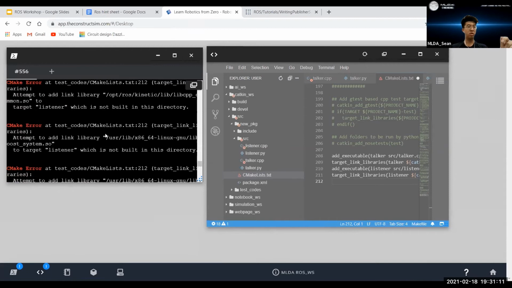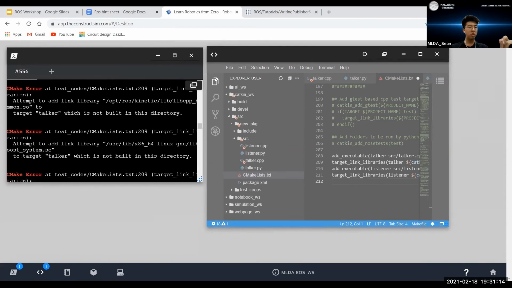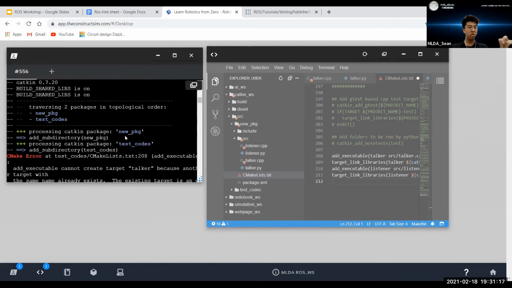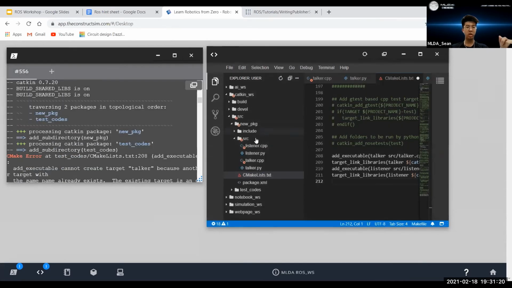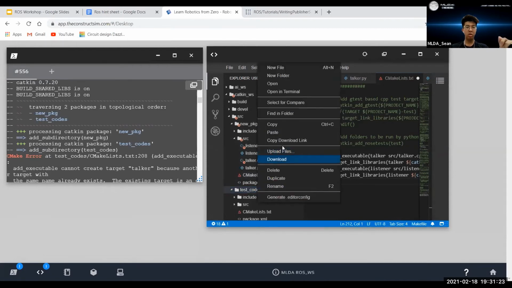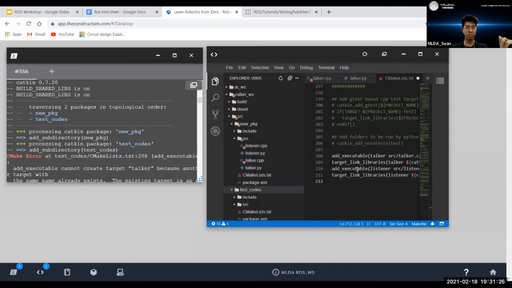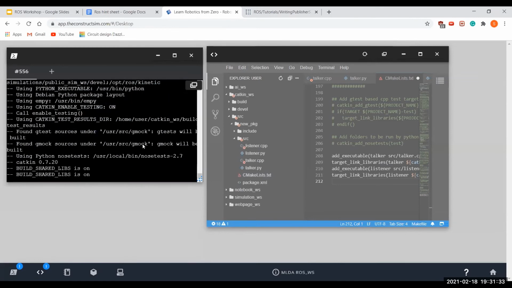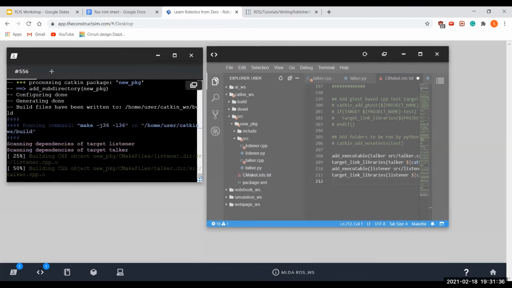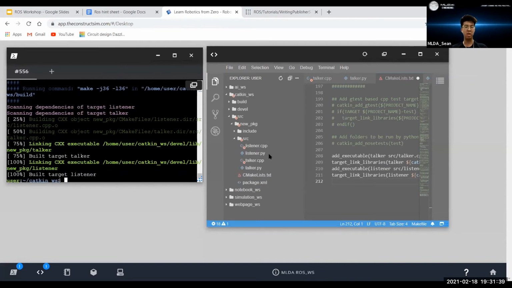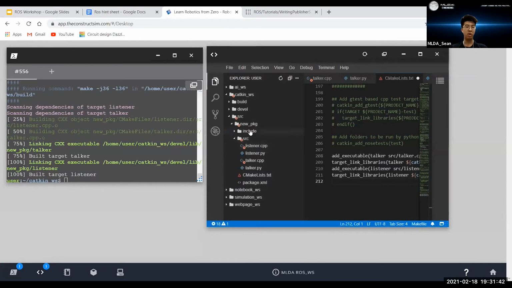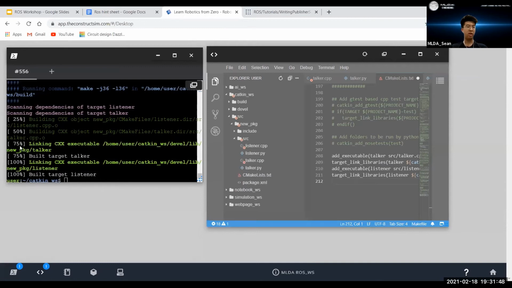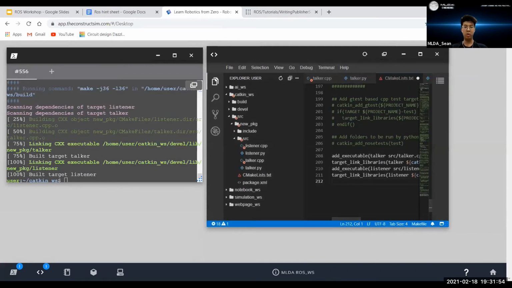So there's some errors. I need to delete my old package. Okay, so there was a conflict of the package because I was testing the workshop. So if you run into errors, please delete the test package, the test code below. But basically, if you see the linking of the talker and linking of the listener, it means we're good to go. Okay, so now we'll break out into our breakout rooms